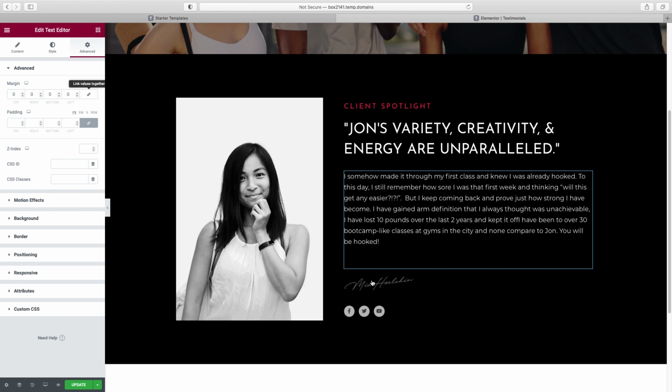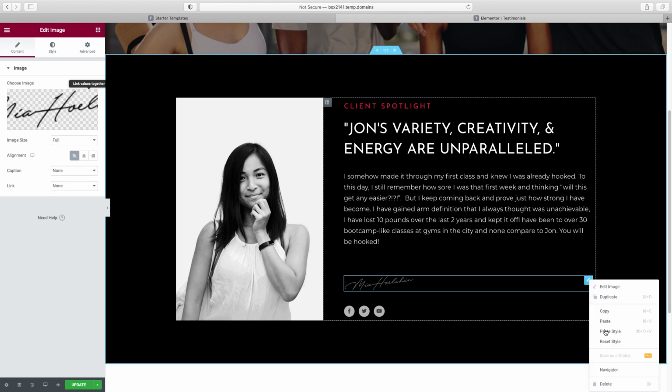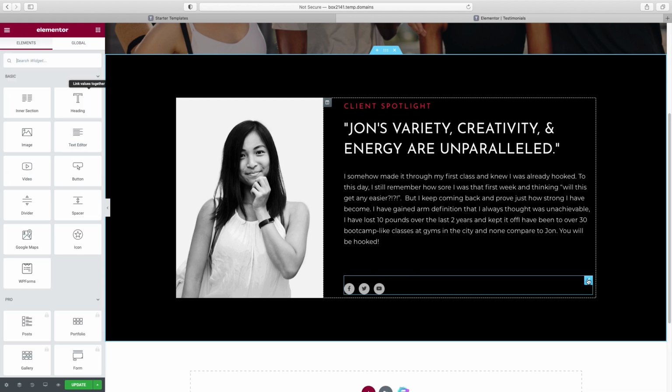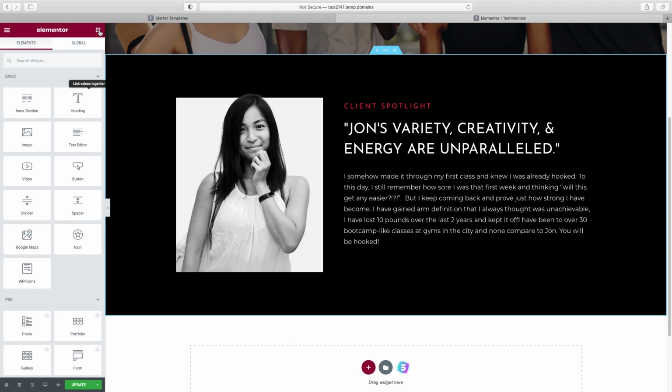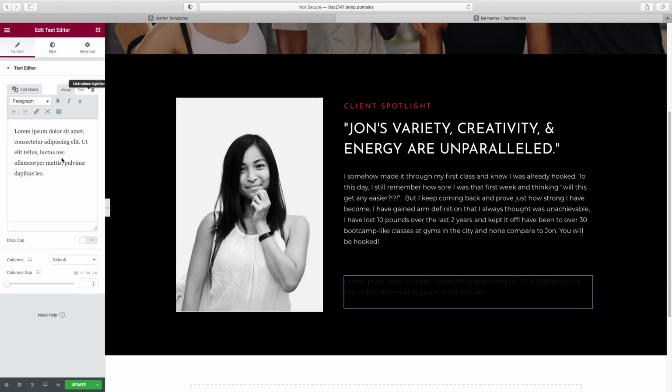And then we've got this placeholder signature, which you'd want to use the real person's name, even though it does look kind of cool. But I'm gonna delete this, and I'm gonna delete this because we don't need these social icons either. What I do want to put is just a simple text editor. So this might actually be the first time we've dragged a widget over from scratch. So you're just gonna make sure you've selected this little grid up here, and then find text editor and drag it right underneath there. And then we would just put in the name of our subject